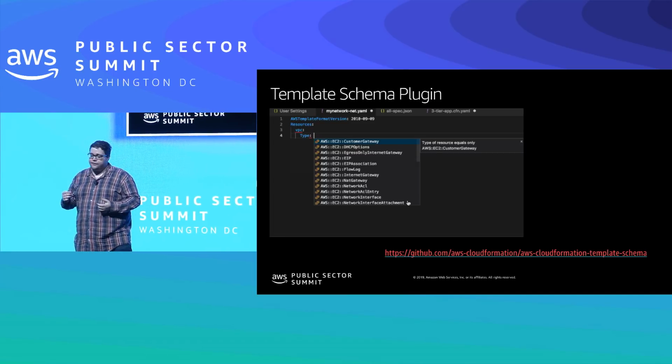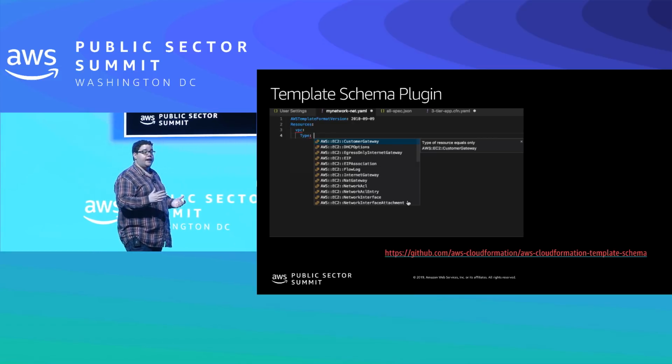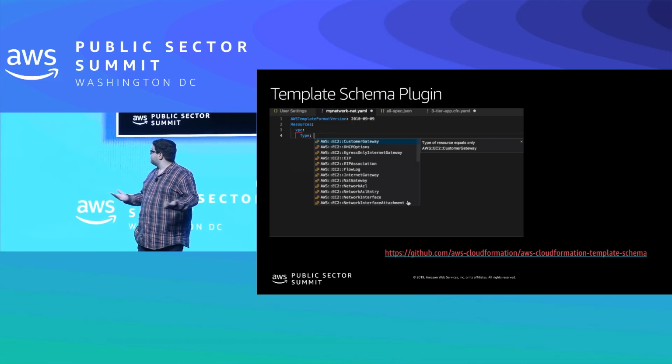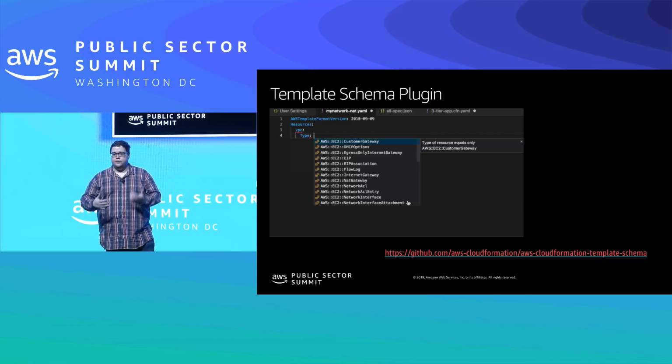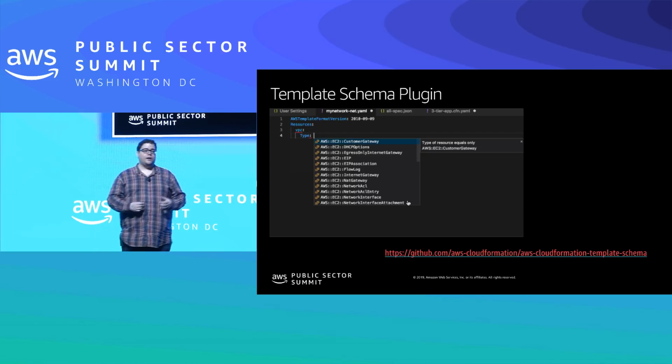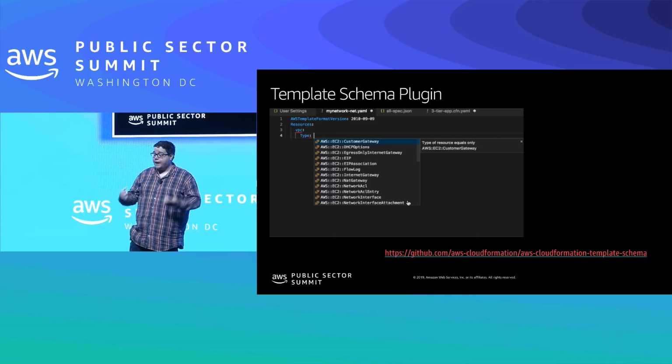Another little secret thing is that if you mouse over the type, it pops up a little link to the documentation page. That's pretty nice. That makes it so that I don't have to go out and actually type, EC2 VPC CIDR ID. I can see it right there really quickly, and it reduces my feedback loop by quite a lot.